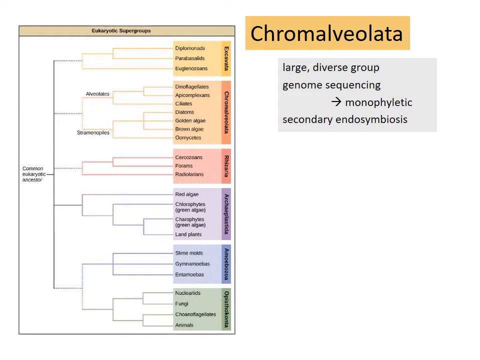So we have a few more big groups to go, but we've got to finish this one off. This was a very big group, remember, with all monophyletic. So we believe that we have everybody in the group, at least all the ones we know about, and we have their common ancestor. So we've got a pretty good idea of their lineage, in spite of the fact that at the very beginning, with the dashed lines, there's a little bit of uncertainty, which you can probably imagine as we work our way through